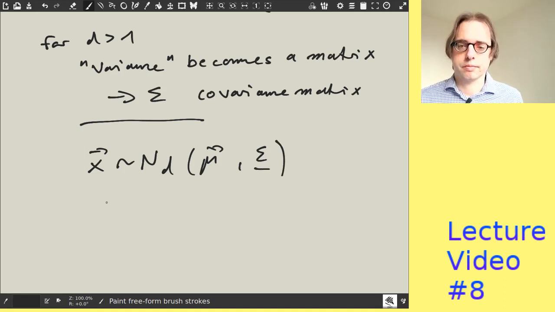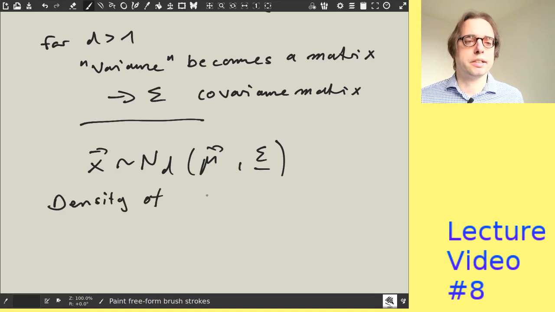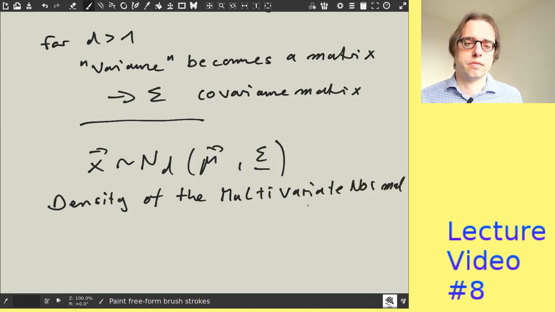That's the distribution, and the corresponding density of the multivariate normal is